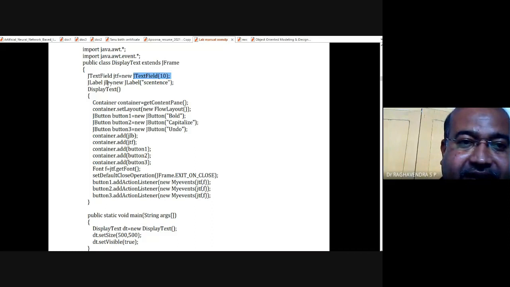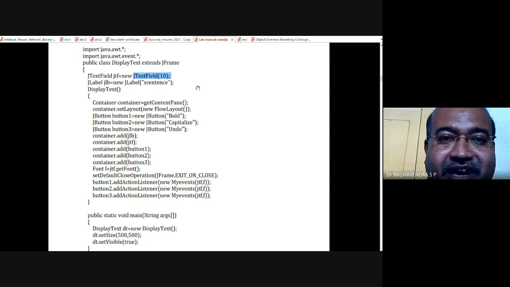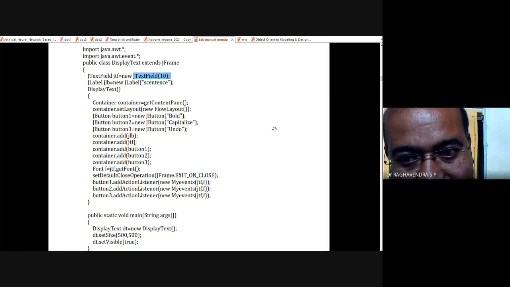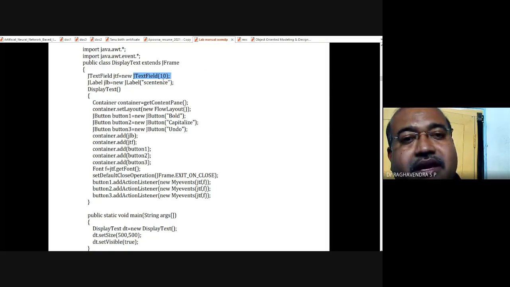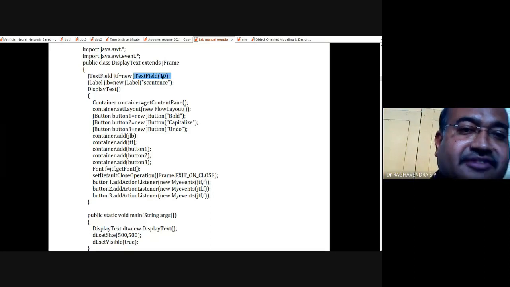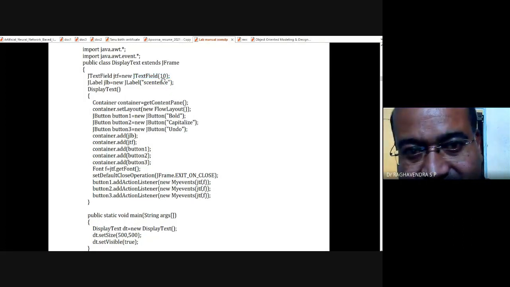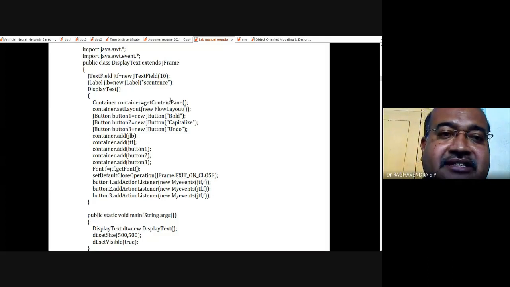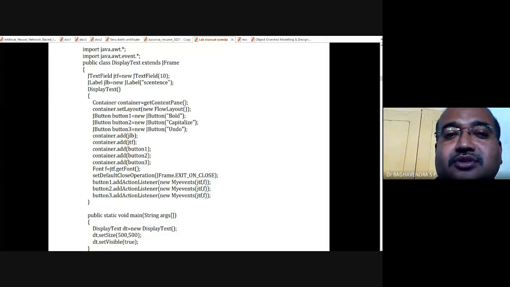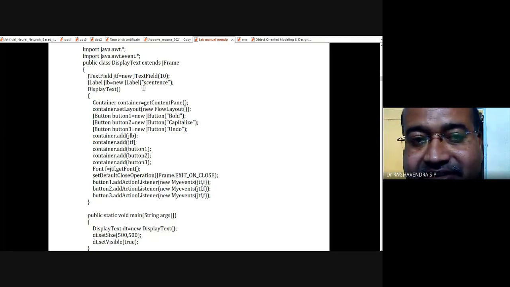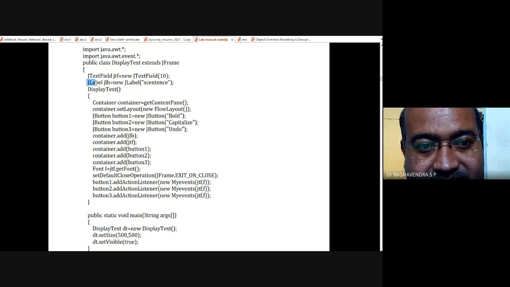So I'm going to create a text box, and in the parentheses as an argument, I am giving 10 as a value. Can anybody tell me the meaning of 10? 10 characters. Okay, it is the size, the length of the text box. How many characters you are going to give as input into the text box? That will be taken as 10. Understood? Means only 10 characters can be given, that is the max length. So more than 10 characters we cannot insert into it. Got it? Yes, sir.